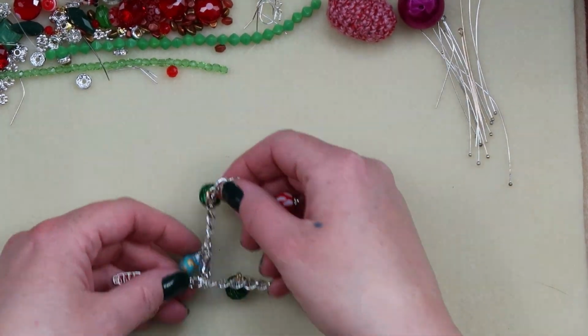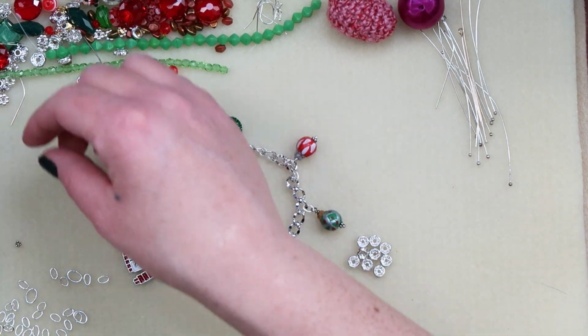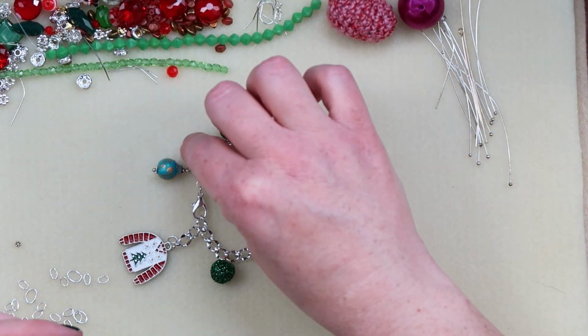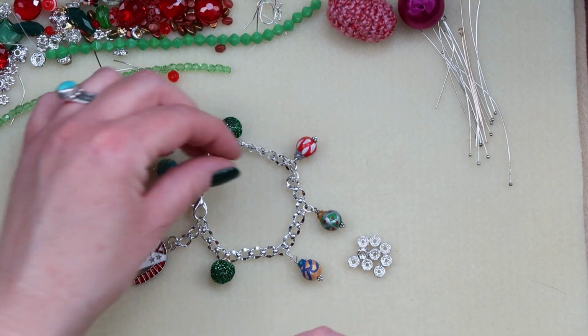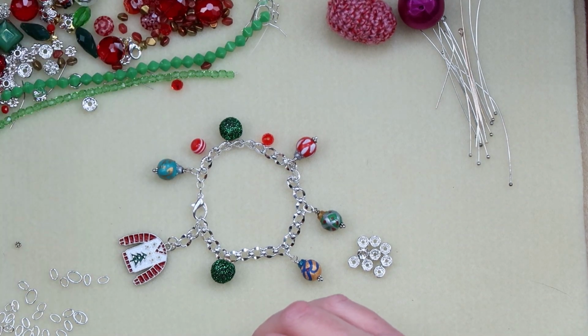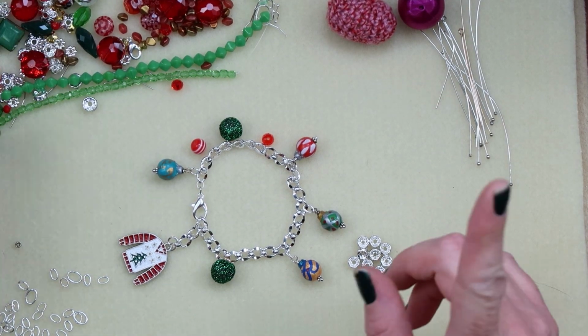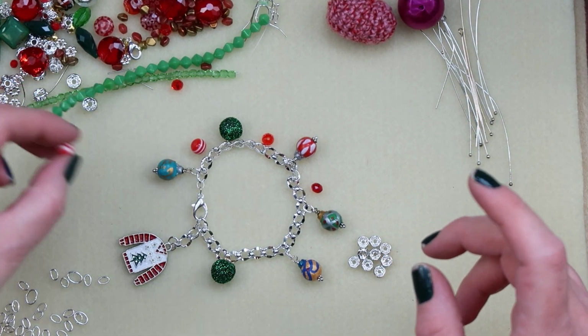If you wanted to add beads, it might look something like this. Like I might add these stripy red ones if you wanted. Maybe a translucent crystal or two. I would go with the smaller ones. I'm not gonna lie to you, because